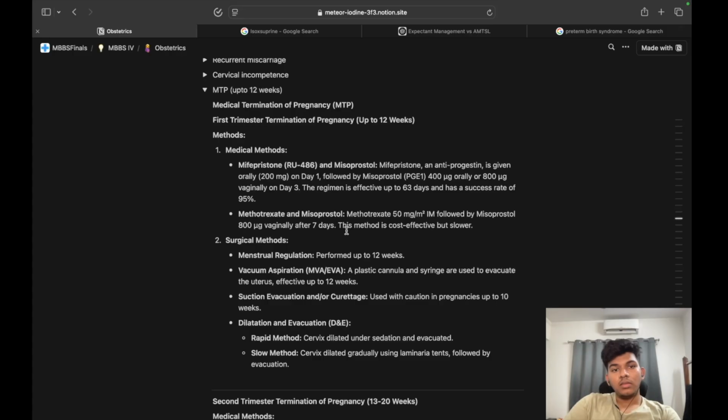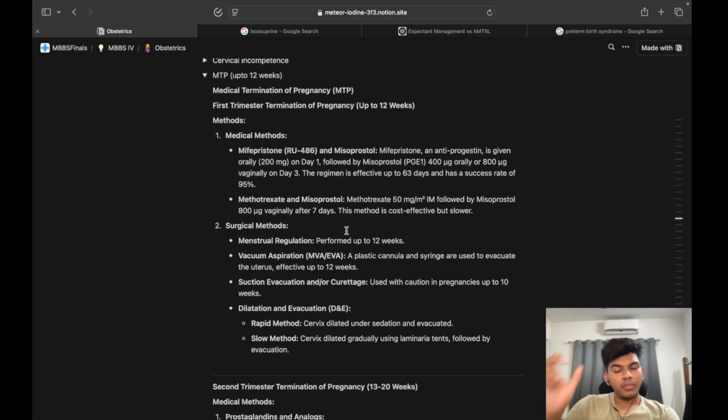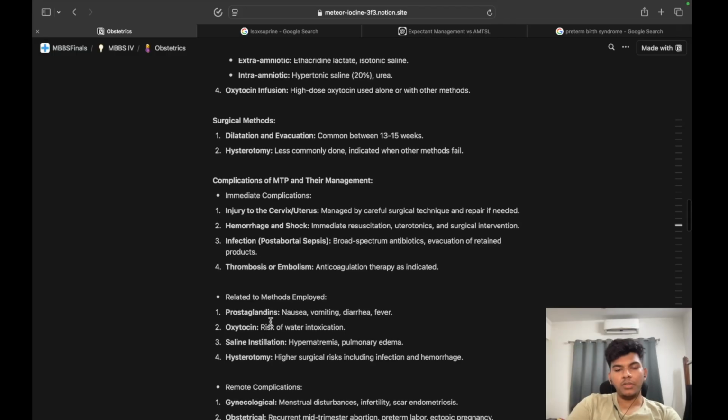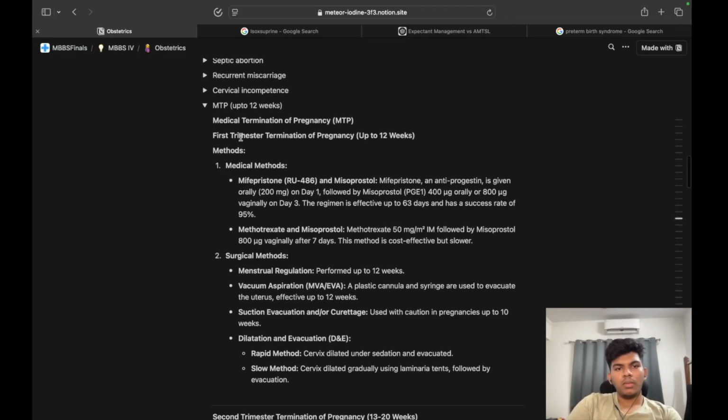The specific guidelines are given in Gynac, so you can take a look over there specifically about MTP, but here are the overall techniques which are used. So what are the methods? First there is medical, second one is surgical. Medical is mifepristone,